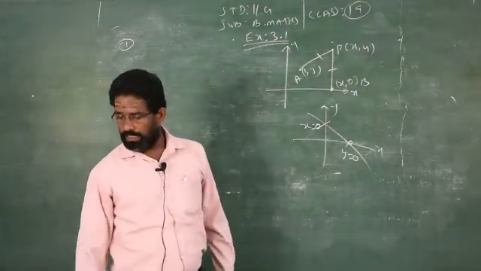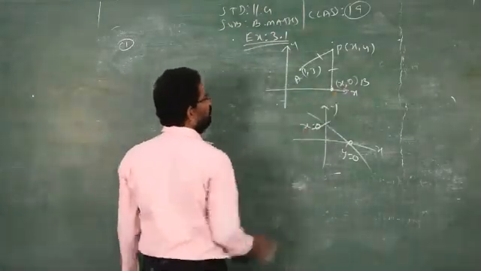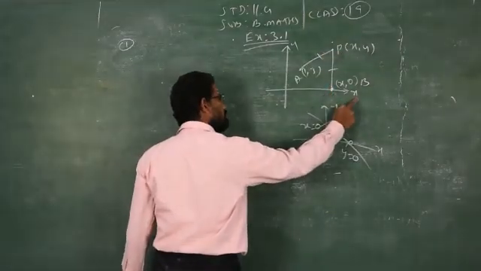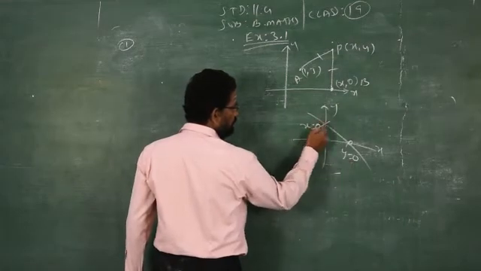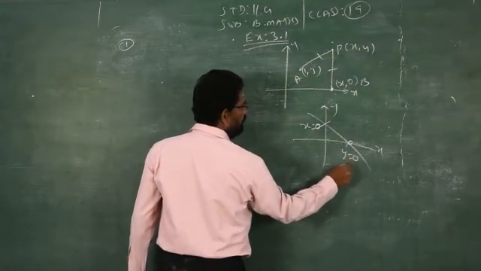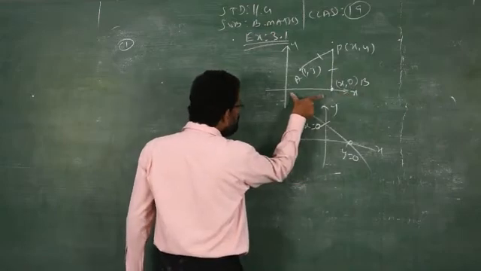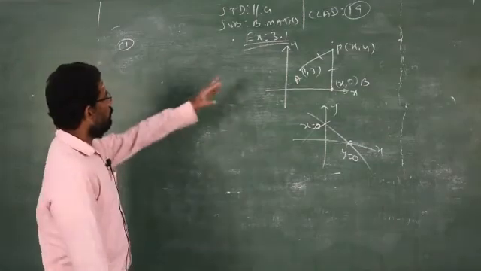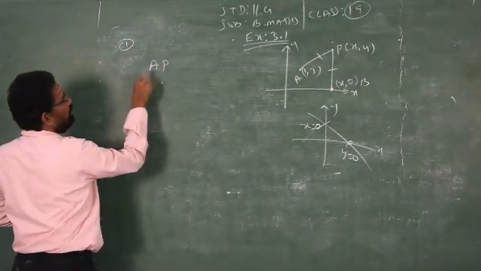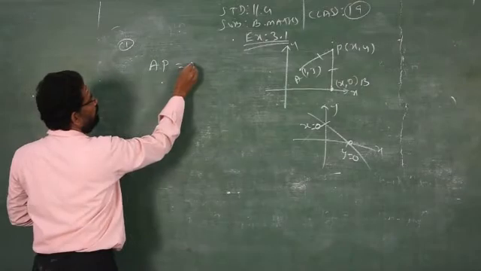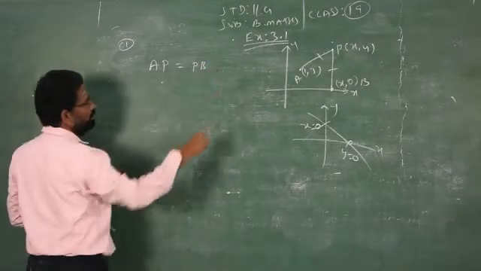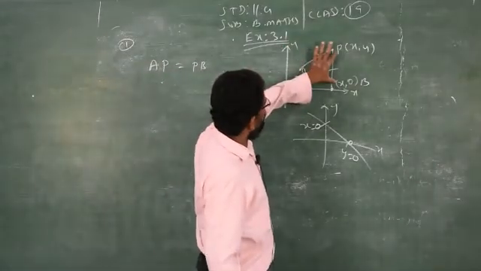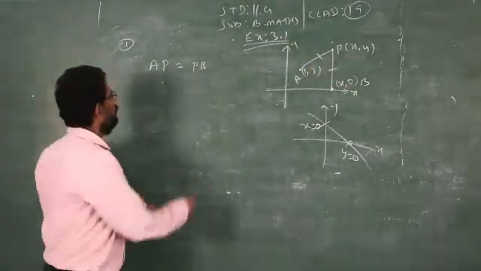There is no information given for (x, 0), sir. How do you get (x, 0)? Very simple. This straight line meets on which axis? X axis. Understand the concept. Any straight line meeting the x axis, y is always 0. I don't know the distance from the origin to this point, so I kept it as x. So now it is given equidistant. The distance from A to P is equal to P to B. It is given as equal distance. Equidistant means the distance from A to P and P to B is equal. It is given in the question.